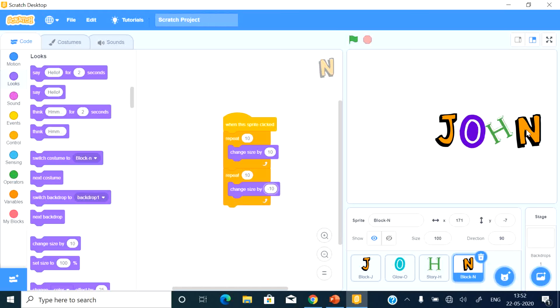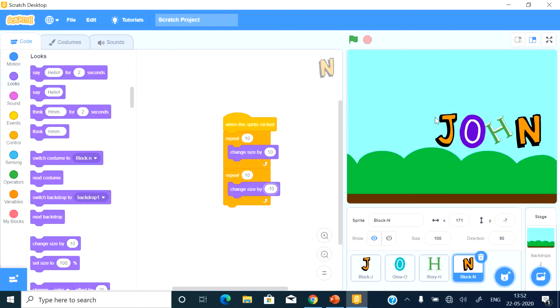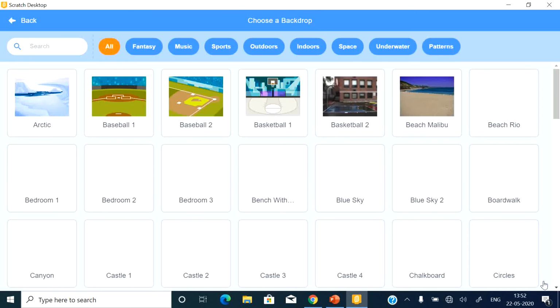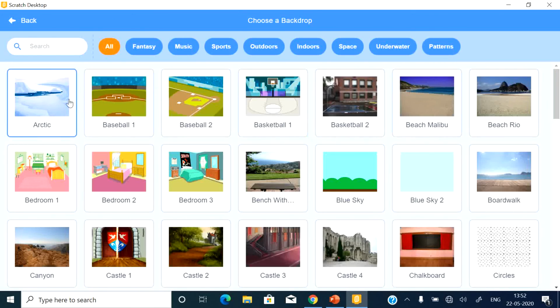Now I'll show you even how to add different backdrops for your stage. Let's say you have this white backdrop already by default. Secondly, I'll use another backdrop, but I'll not just choose this time. I'll use the surprise element, so that whenever you choose the surprise element, it will choose a random backdrop and put it in the stage area. So now I'll choose another backdrop from, let's say, this Arctic.